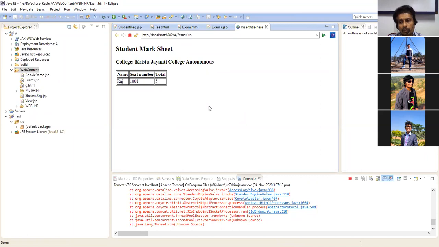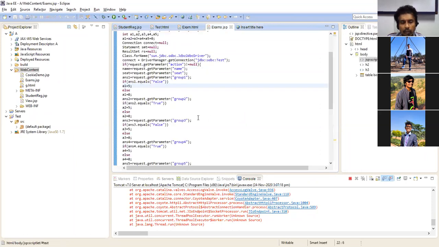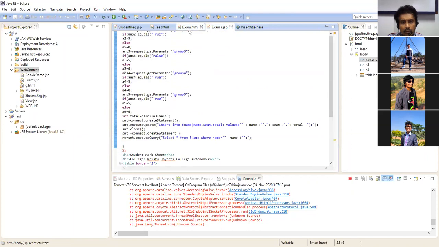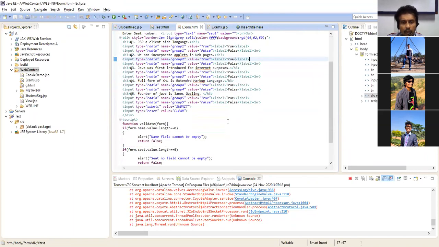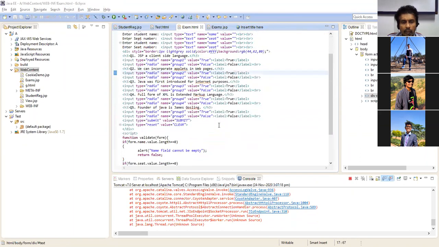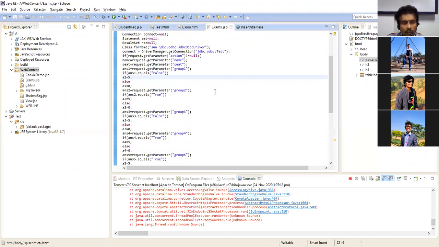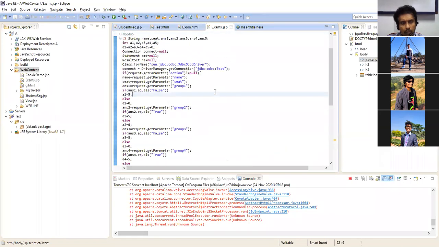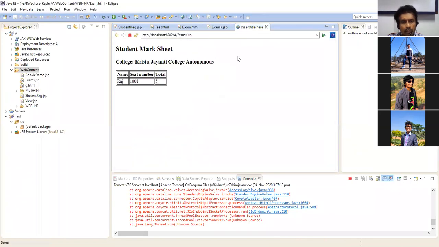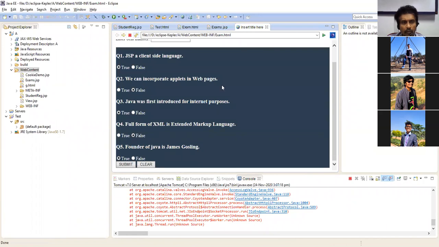It will add all the answers and give a total, providing the result. For one question, it will be 5 marks. Yes, one question is 5 marks, and based on the entire answer set, it is going to provide the result. That means if it is the right answer, that will get added. So for example, A false is 5 marks, and B true, and so on: false, true, false, true, true. So the total is 25 marks, right? 25 marks. Yes, correct. Okay, sir.